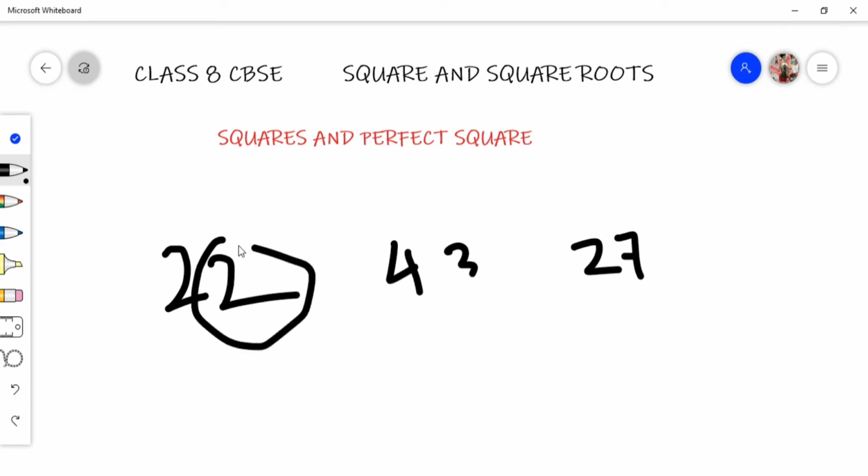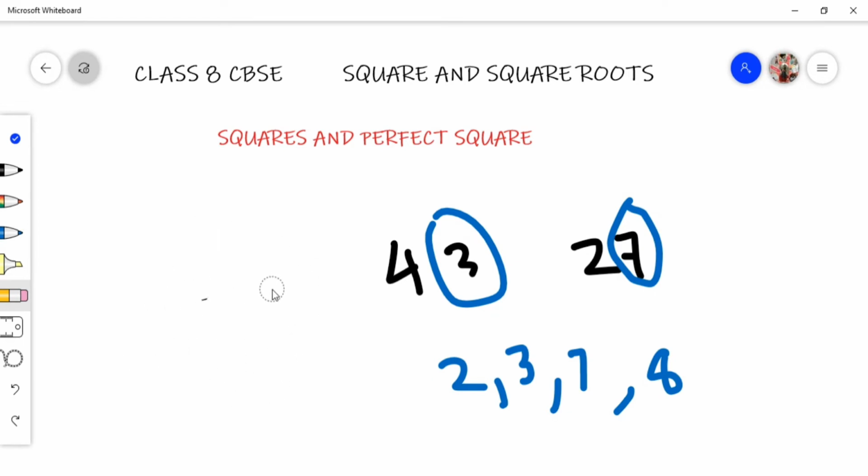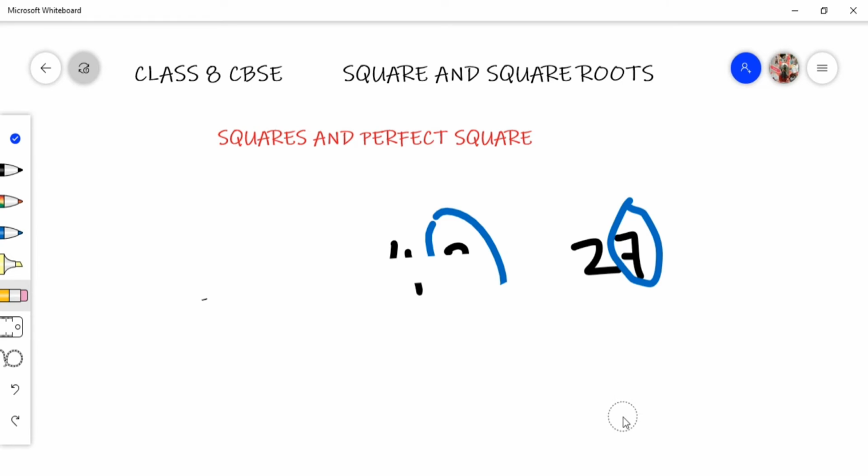they have a 2 at the units place, they have a 3 at the units place, they have 7 at the units place. So they should not have 2, 3, 7, or 8 at the units place. Otherwise, we can easily say that they are not perfect square numbers. Other than that, if the units digit is 1, 4, 5, 6, or 9,